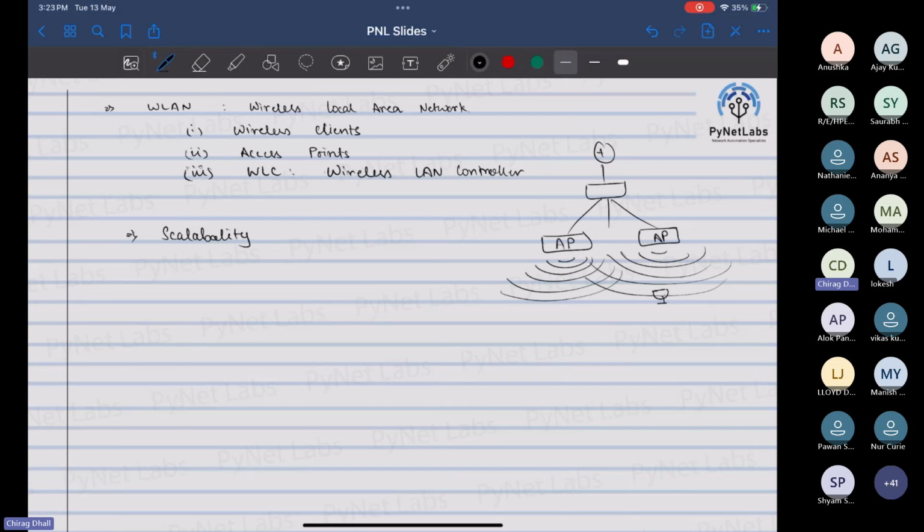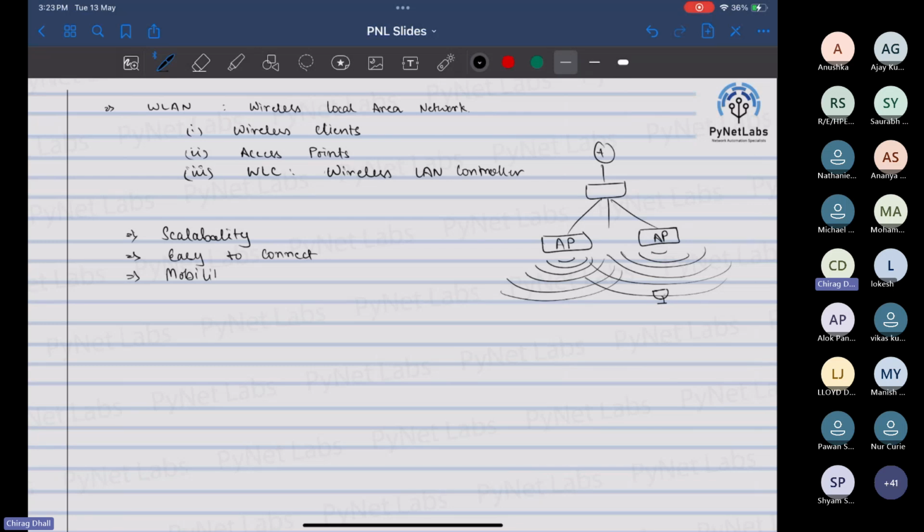What else? Easy to connect, perfect. Mobility,